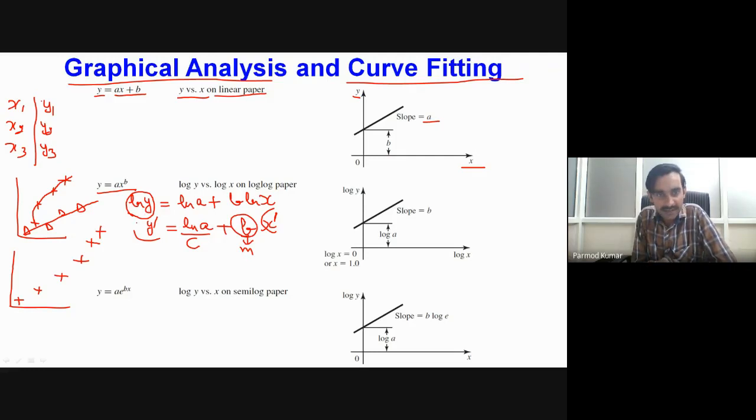So in terms of y and x, ln of y is, if we take logarithmic of y along our ordinate and logarithmic of x along abscissa, in that case also we will be finding nothing but our straight line, and we will be having intercept equal to ln of a and slope equal to b. So it means if we are having power law correlation between our parameters which we have experimentally obtained, if we plot these parameters on log paper, we will be having linear relation between these.